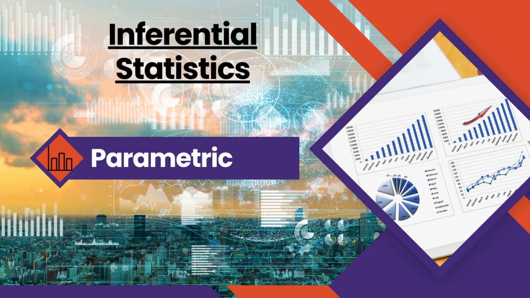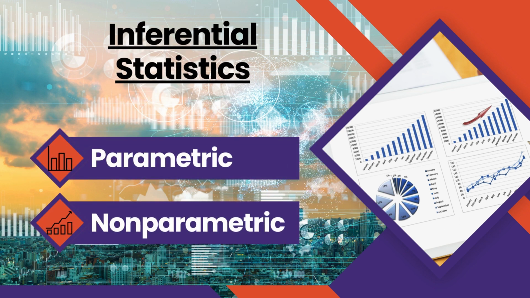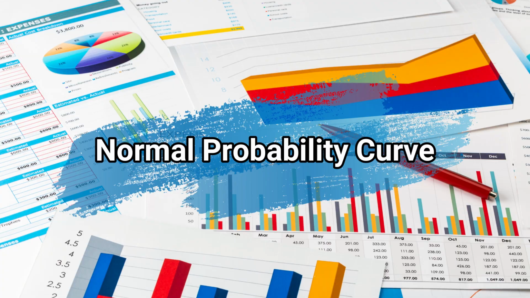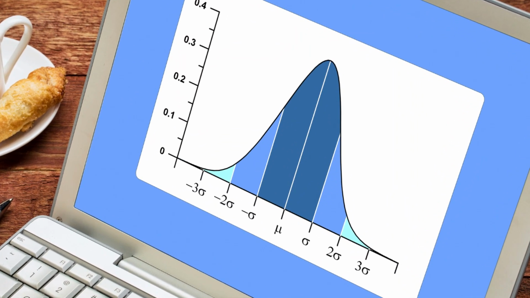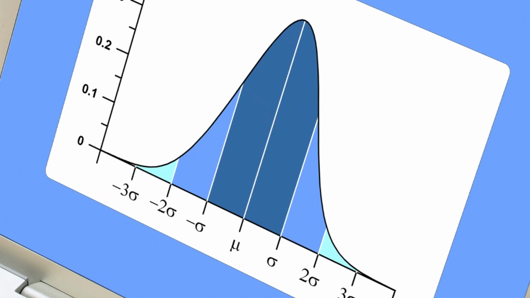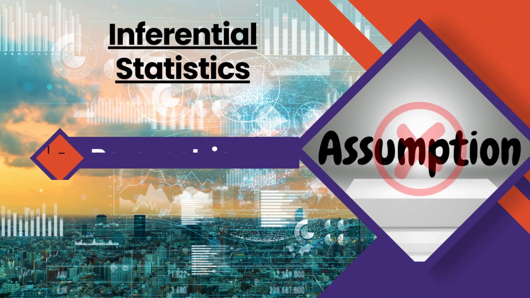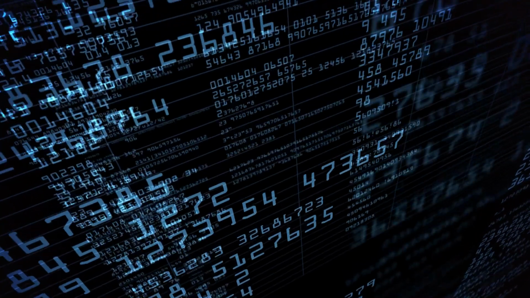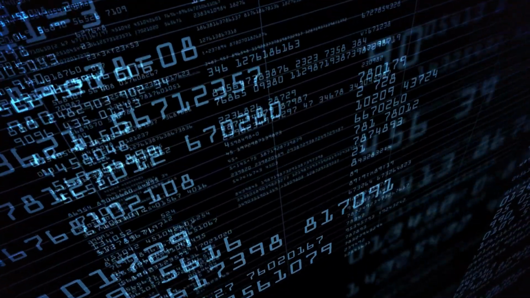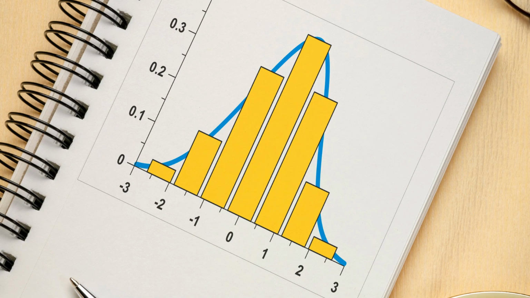And inferential statistics, mainly, can be divided into two parts. One is the parametric and another one is the non-parametric. Both types of statistics have their own assumptions based on the distribution of the data in the normal probability curve. If our data is normally distributed in the normal probability curve, in that case we have every possibility of using the parametric statistics. And if our data is not fulfilling the assumption of the parametric statistics and the distribution of the data into the normal probability curve, in that case we can go for